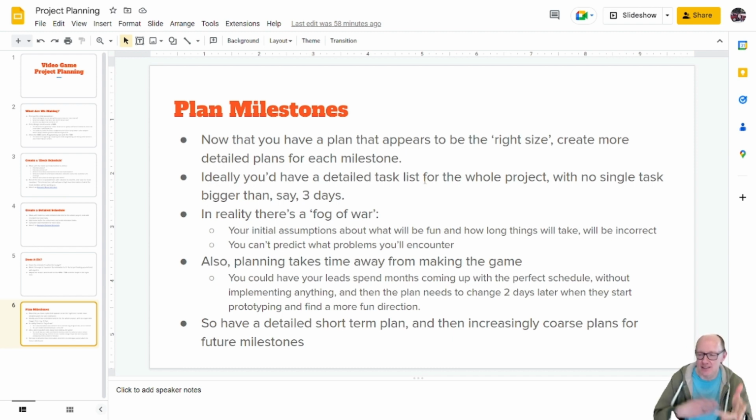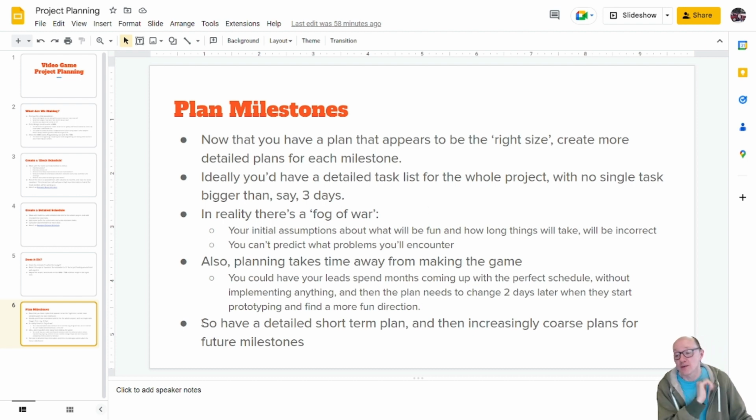So there's a balance that needs to be struck between how long we spend planning and how long we spend executing. You definitely don't want to just execute with no planning. Let's make the GDD later. Let's not have a TDD. Let's not make a schedule. Let's just start making a game. How long is it going to take? I don't know. We'll see. I don't really want to fund that game with my money. I don't know when it's going to be done. I don't know if it's going to be fun. So there's this balance between how long you spend planning and scheduling and implementing things.